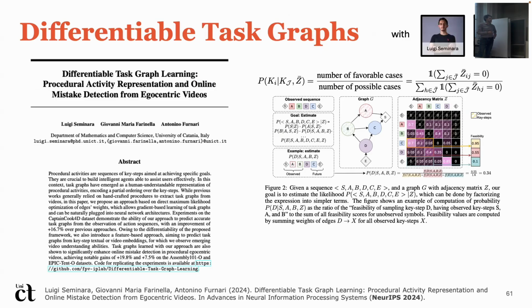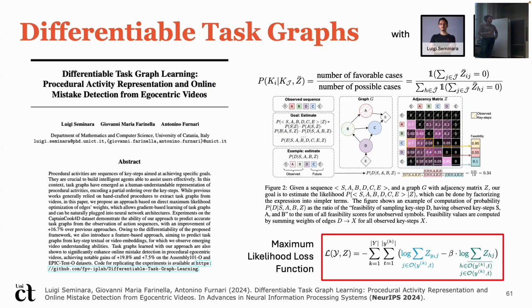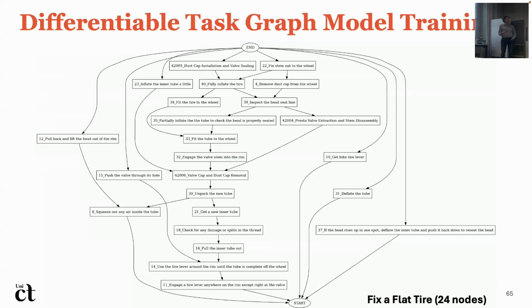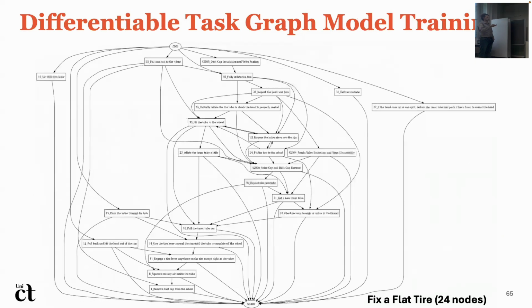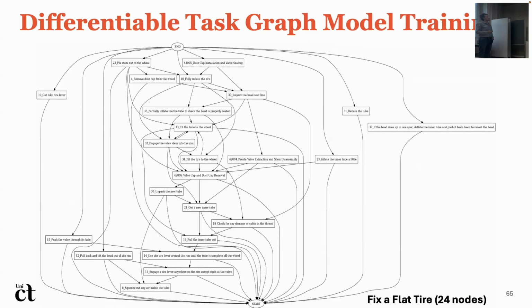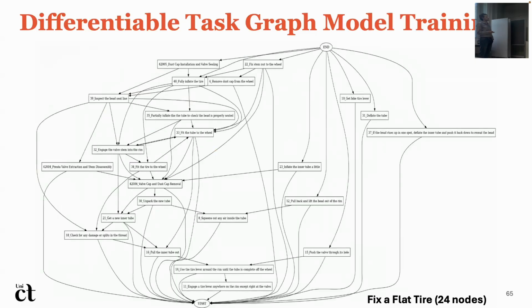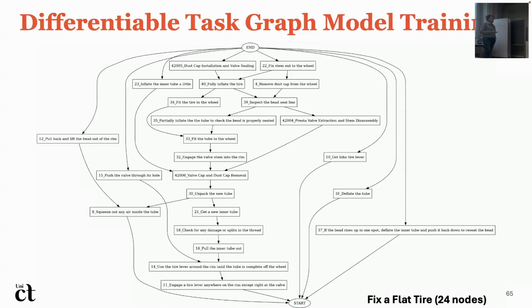I won't spend a lot of time on that, but this is a work from a couple of years ago where we created a differentiable model that can extract these graphs directly from video transcripts with a differentiable loss function. And the nice thing is that rather than using heuristics to extract these graphs, we are using a differentiable function. So this means that we do gradient descent into the graph. For instance, for a task such as fix a flat tire, these are the different graphs that we iterate on during gradient descent,